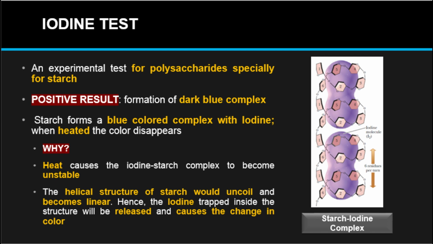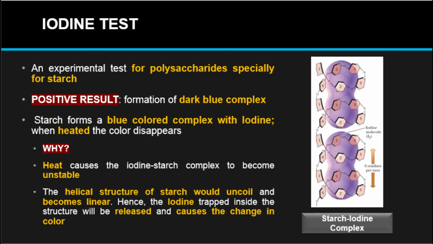So heat causes the iodine starch complex to be unstable. Starch breaks down when heated to boiling point, and chains of the amylose break. Thus, formation of short chains of dextrins causes the color to change. Heat causes the unwinding of the helical structure of starch, releasing the trapped iodine that causes the color of the